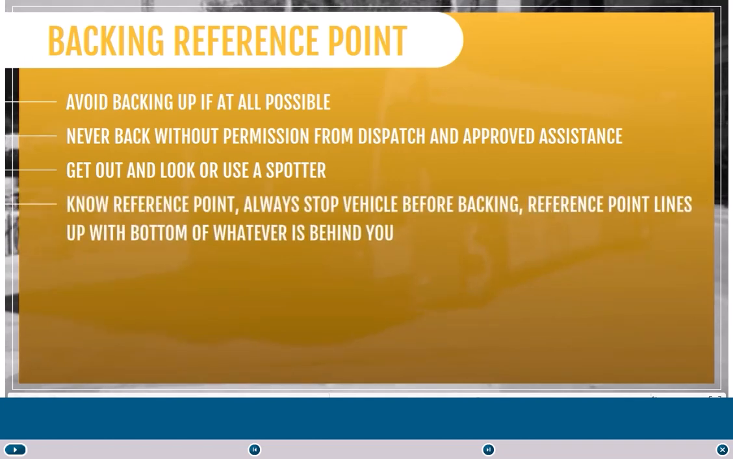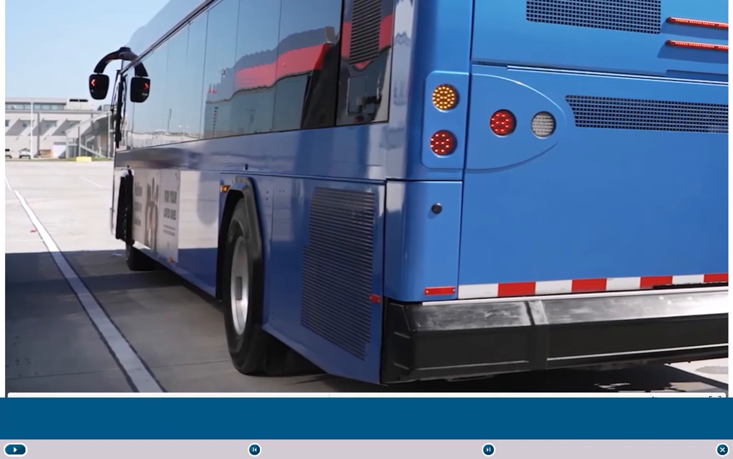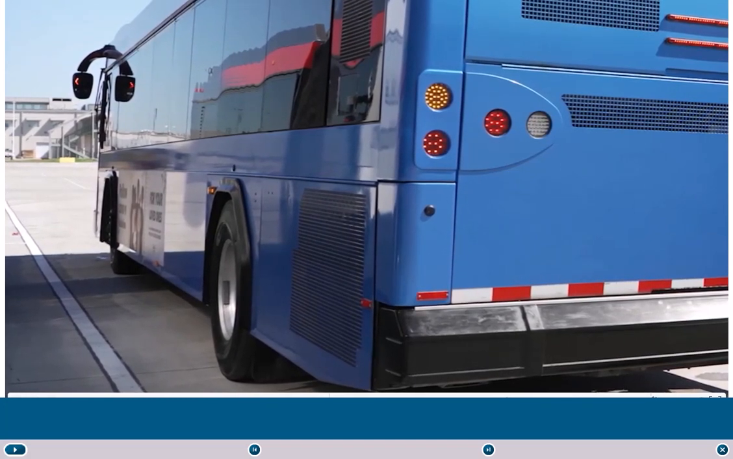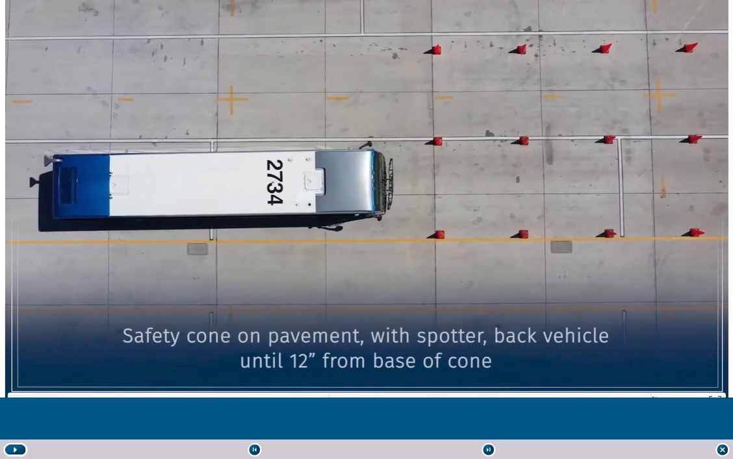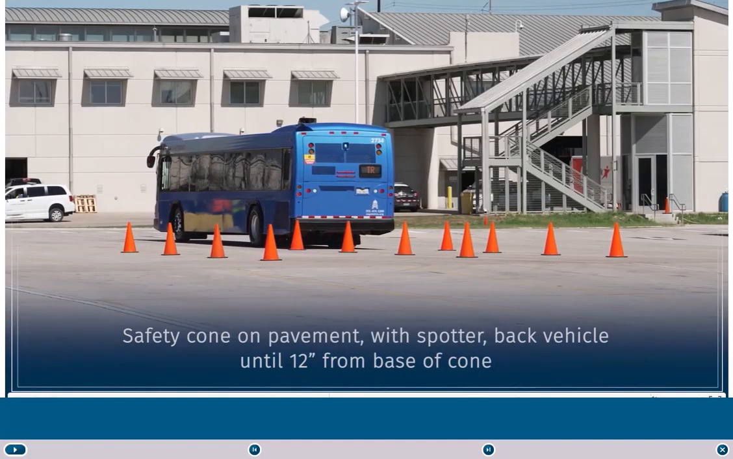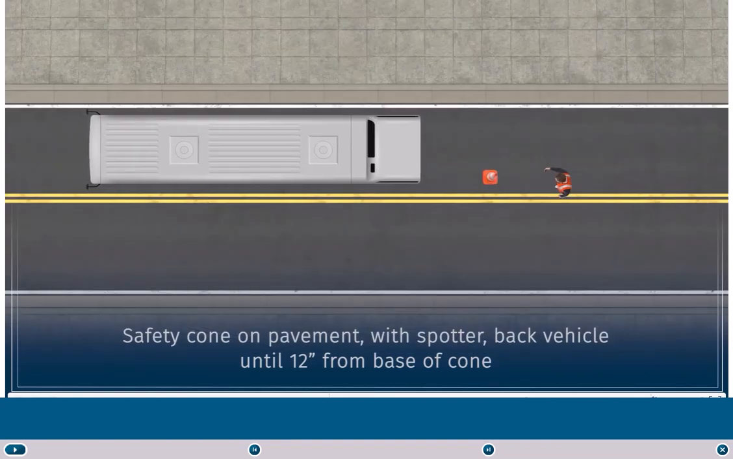Make sure you always stop the vehicle before your backing reference point lines up with the bottom of whatever is behind you. These will vary by vehicle but may include a tail light or rear fender visible from your mirror. To practice finding this reference point, have someone place a safety cone on the pavement. Then, with the help of your spotter, back the vehicle until you are 12 inches from the base of the